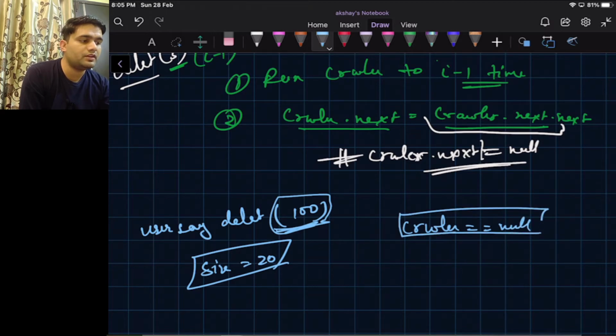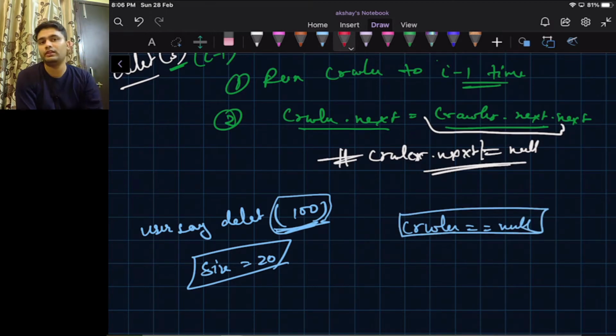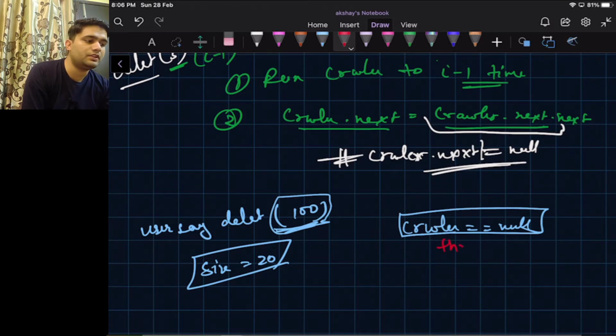If crawler becomes null, that means we have traveled the whole linked list and we haven't found the position 100. We still didn't reach 100 or 99. In this case we can simply throw an exception, position doesn't exist.